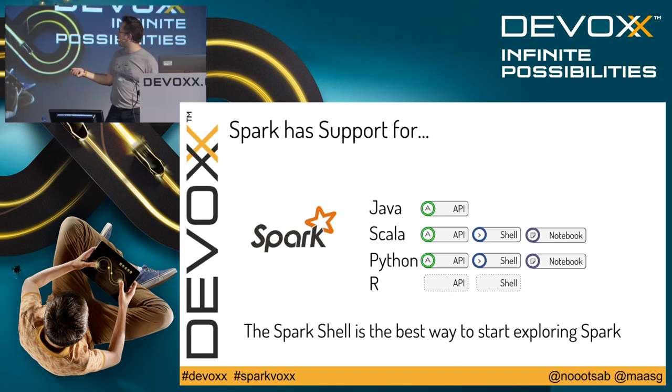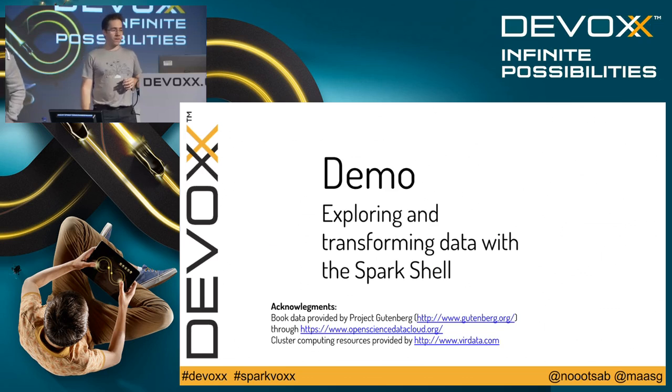You also have a Python API and an IPython notebook that is compatible with Spark. That's actually translating into Spark commands behind the scenes to give data scientists the interactivity that is necessary when you are doing data exploration. And finally, we have R. The R project is evolving. Maybe you can talk about it afterwards a little bit. But it's evolving right now. This is not very stable yet.